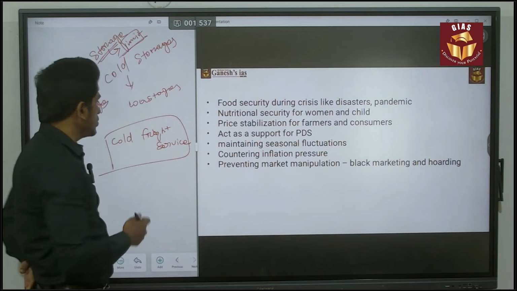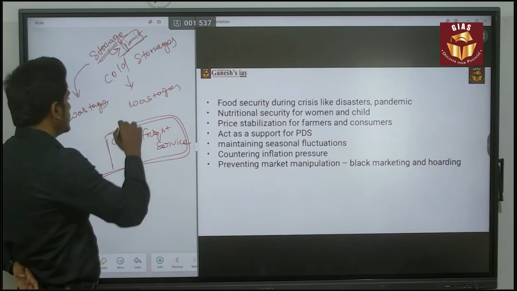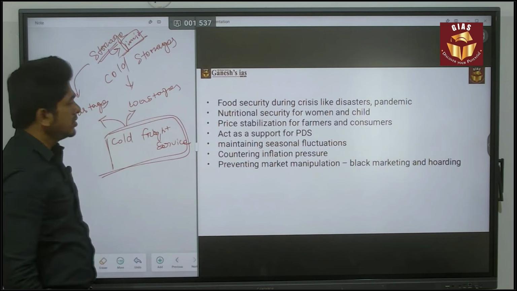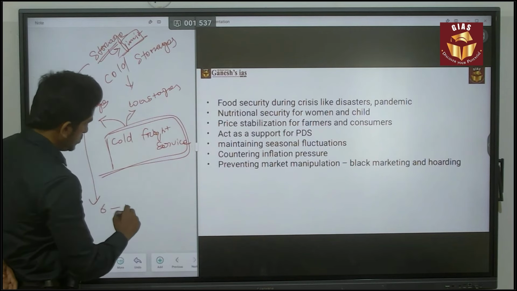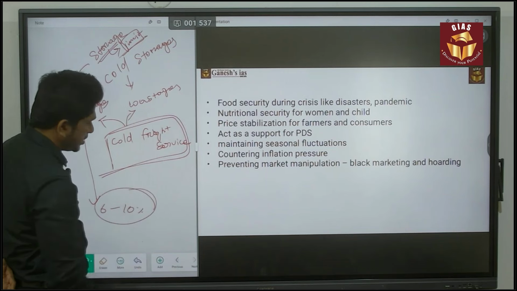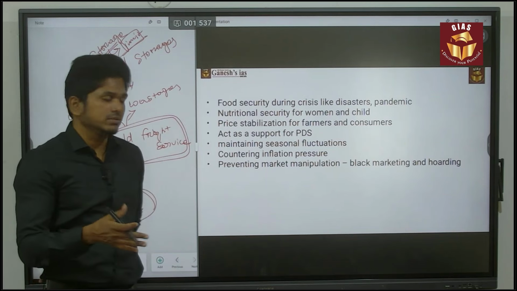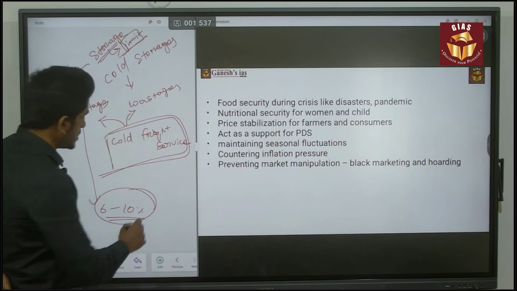In that scenario, the cold storage facility is very limited, which again leads to wastages. So these are the major things that lead to around 6 to 10 percent wastage of the produce annually. Okay, 6 to 10 percent of the grains are wasted